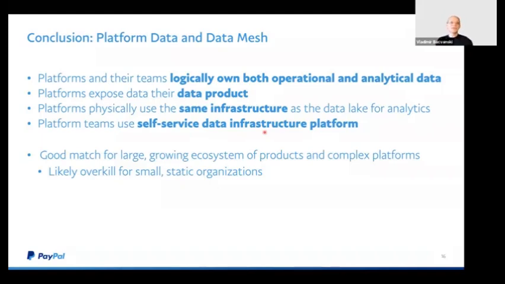The question is, is this for everybody? And I would say it is not. For small teams and businesses that are not changing much, having a data team that fully understands the business, understands data quality and other issues, might be the sweet spot. But in a very large enterprise that is growing, where the platforms are sizable and have rich software and data needs, where new business capabilities and new business offerings are being introduced, this platform data approach looks very, very attractive and has the ability to speed up things in the enterprise. And with that, I will finish my